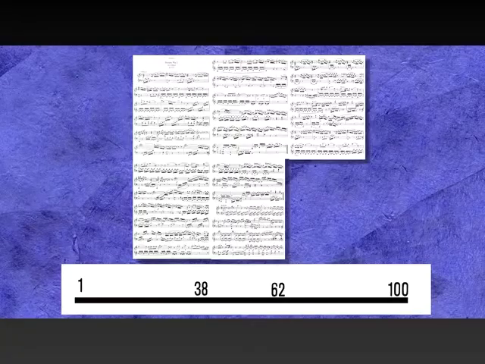Another plausible example is the first movement of Mozart's Sonata in C major, K279, which has 100 measures and whose main sections come at bar 62 and 38, very close to Fibonacci proportions. Now, no one's suggesting that Mozart or Chopin consciously worked with Fibonacci numbers, which weren't widely known about until the 1870s, but I think the most convincing aspect of the Chopin is the placement of the climax of the piece,